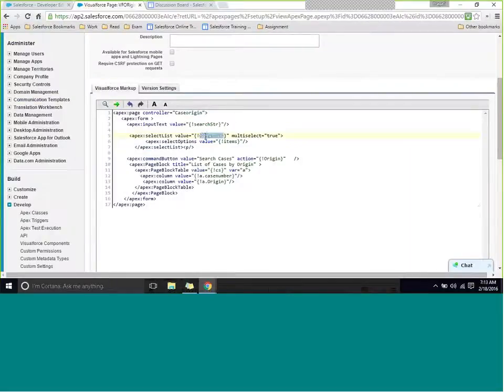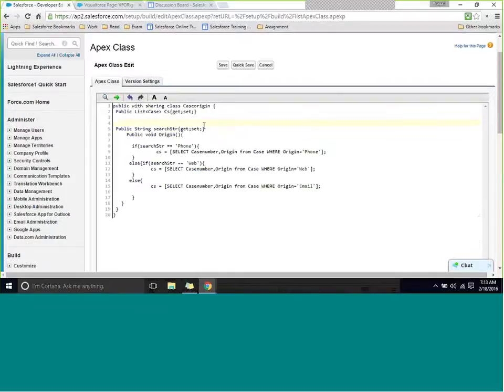So this is the origin str. Let's go back, let's add public, and you can add here origin str. It should be a string type, so add here string, add your origin str, add here default getter and setter. Now